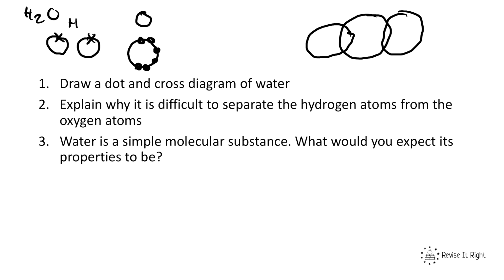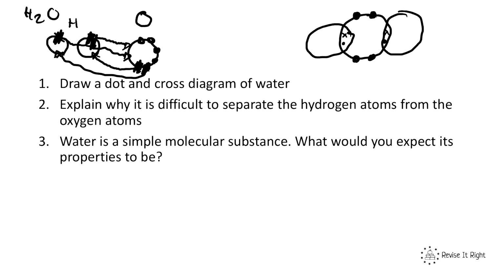So oxygen is going to share 1 with each of the hydrogens, which is here and here, to get a full outer shell of 2. And each hydrogen is going to share 1 with oxygen so that it can gain its full shell. Which means each hydrogen is sharing 1. Okay, so I'm drawing those in now. And the oxygen is also sharing 1 back in return with each of them. And I'm drawing that now. So that we've done that one, and we've done 2 of these, which means there are 4 electrons left to draw. 1, 2, 3, and 4.